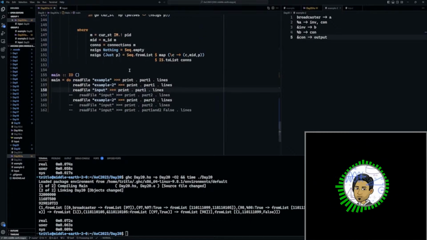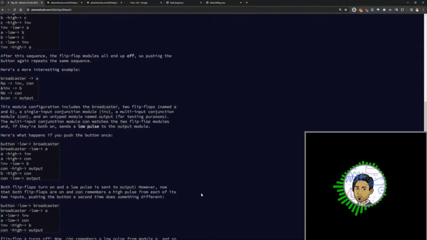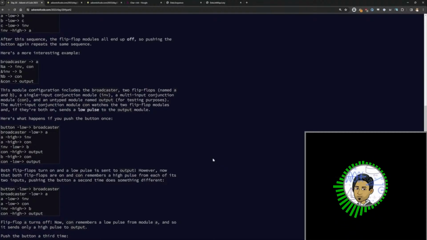The thing was that it never looped in the state. So he sent low to broadcaster, but then low to A, high to con. And then it sends low to A, and then it goes inside way. And then B sends high to con, and then con sends low to output. However, now that both flip-flops are on,